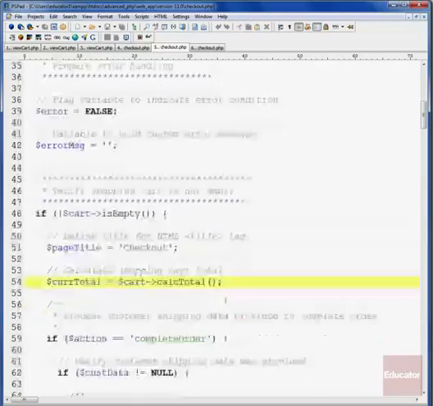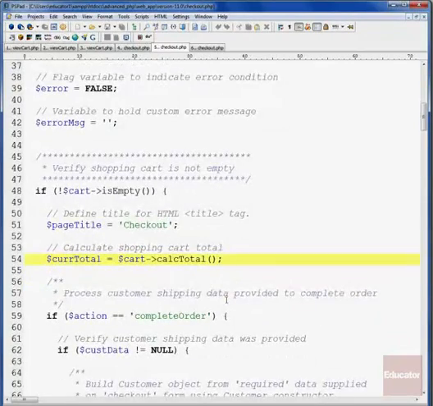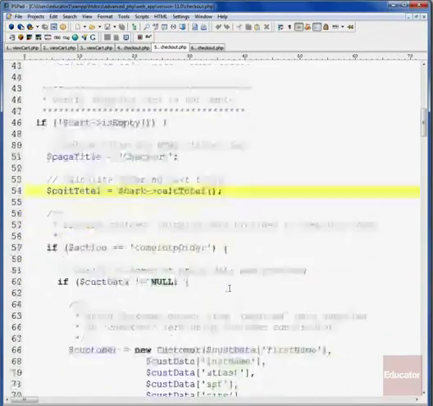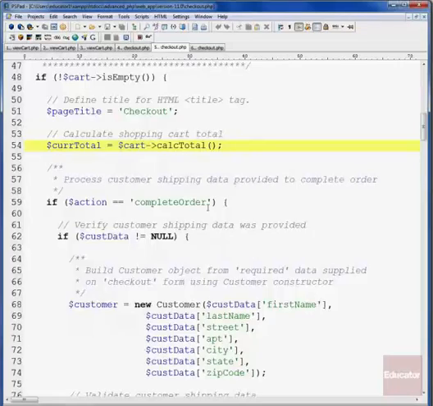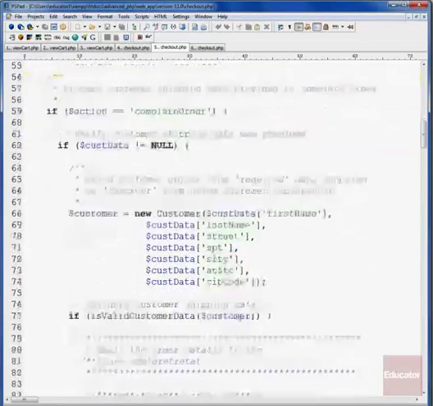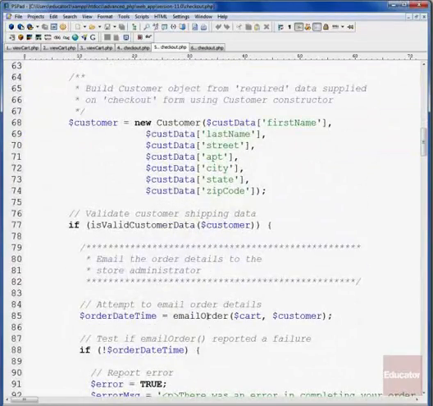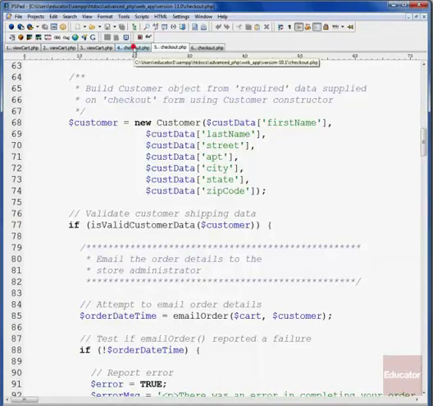We calculate the cart total using the calc total method. And then we process things as before. We process if the action is to complete the order. We validate the customer data, and then we go ahead and email the order basically to the site administrator. One thing to note is that,